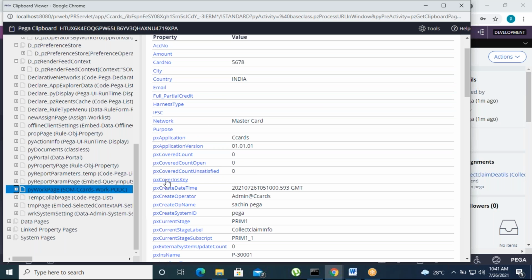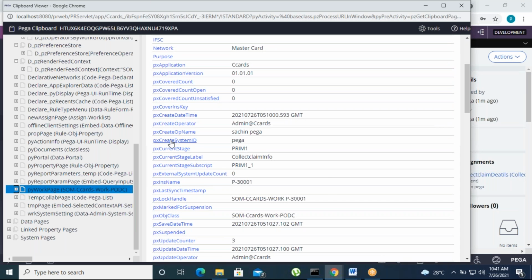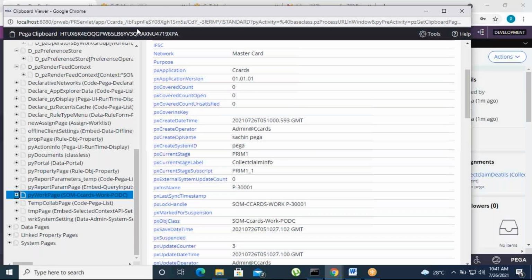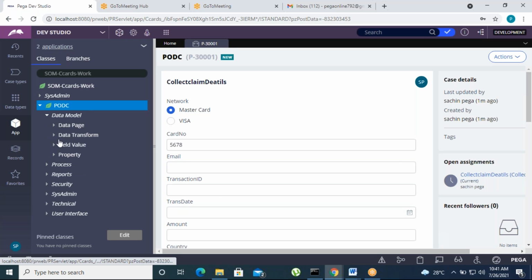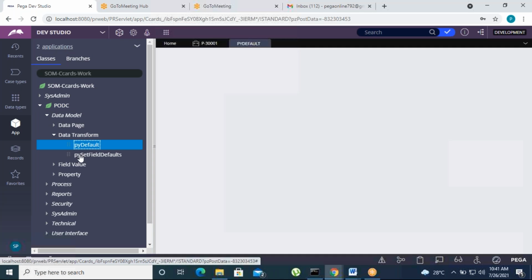And then some of these properties are under the database class, some are under the work class, some are under the covered class. Suppose you open it: whenever a class is created, by default a pyDefault data transform is also created.